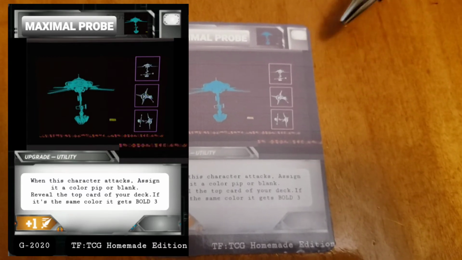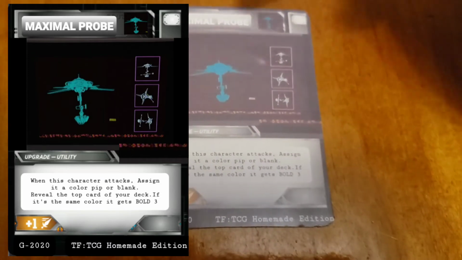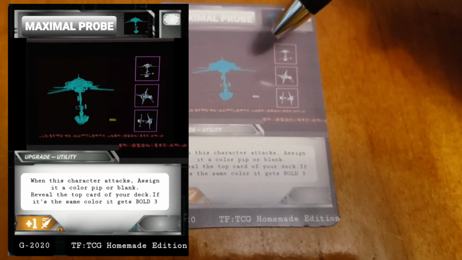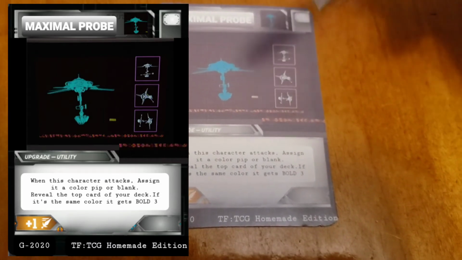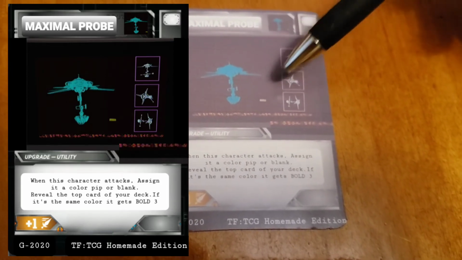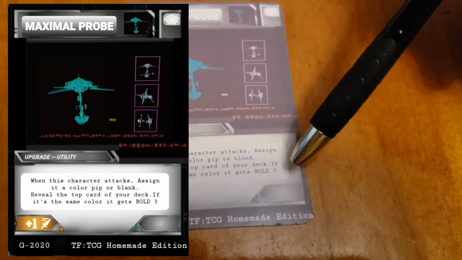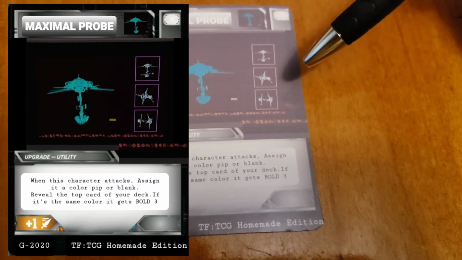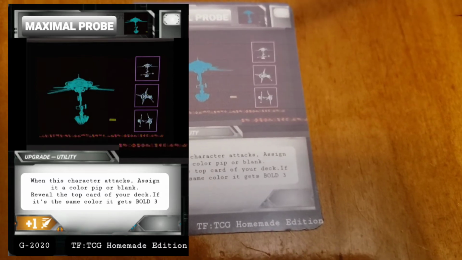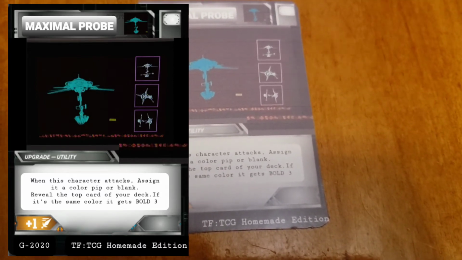And I was trying to somewhat mimic what the probe was doing, because it was really trying to find them out. And with that in mind, with this upgrade, you have to find your bold 3 by guessing at it in a way. Like we have a few other characters that do that as well,